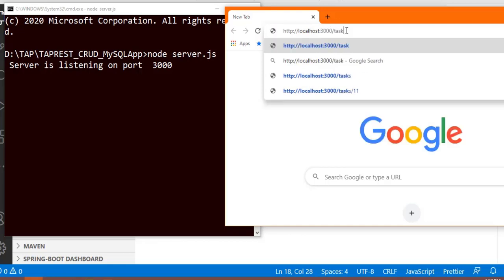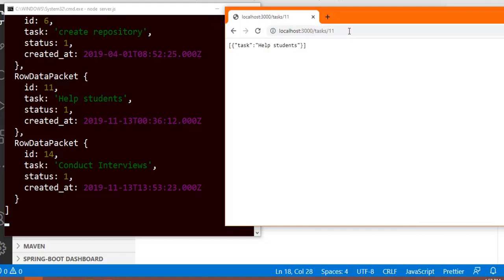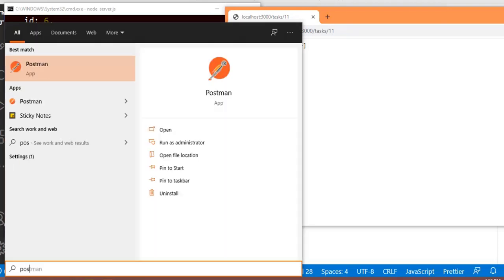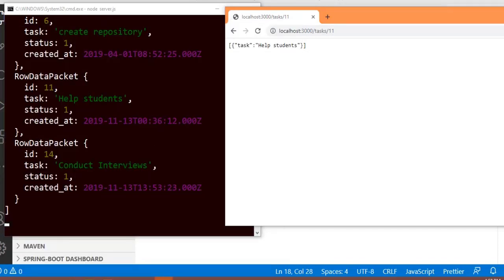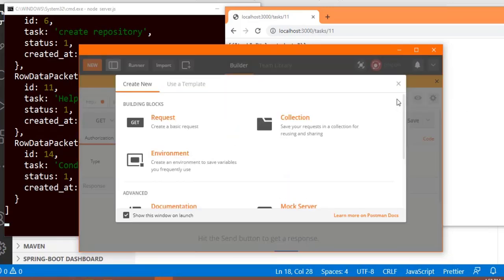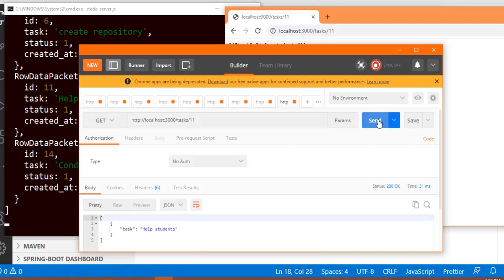Oh, I really received the JSON array. This whole data has been captured and received from your MySQL. Even get by title, get by ID also, I'm getting this working fantastically. So can I use our Postman tool, and using this Postman tool, I would be able to test all my CRUD operations. I'm just copying this URL and trying to see whether I'm getting it. Fantastic. So this is the way we have completed our simple demonstration about writing our application.